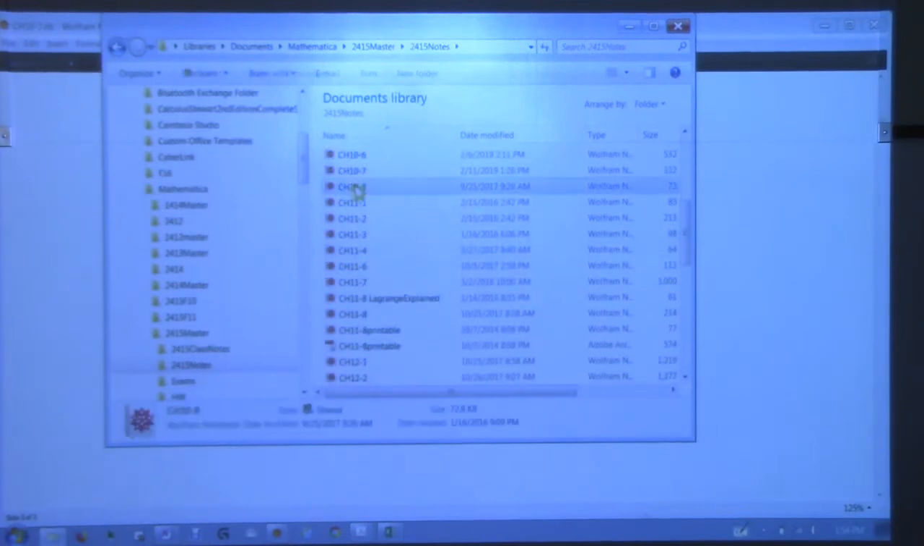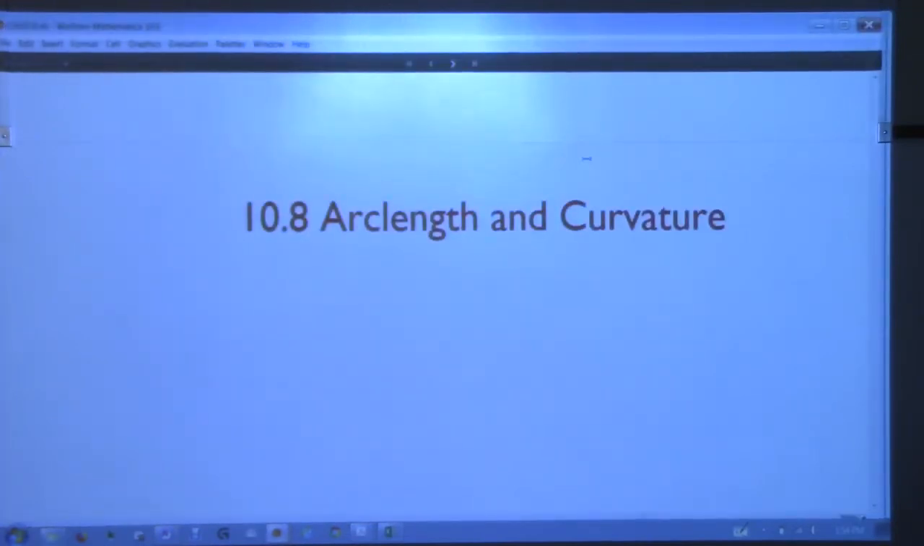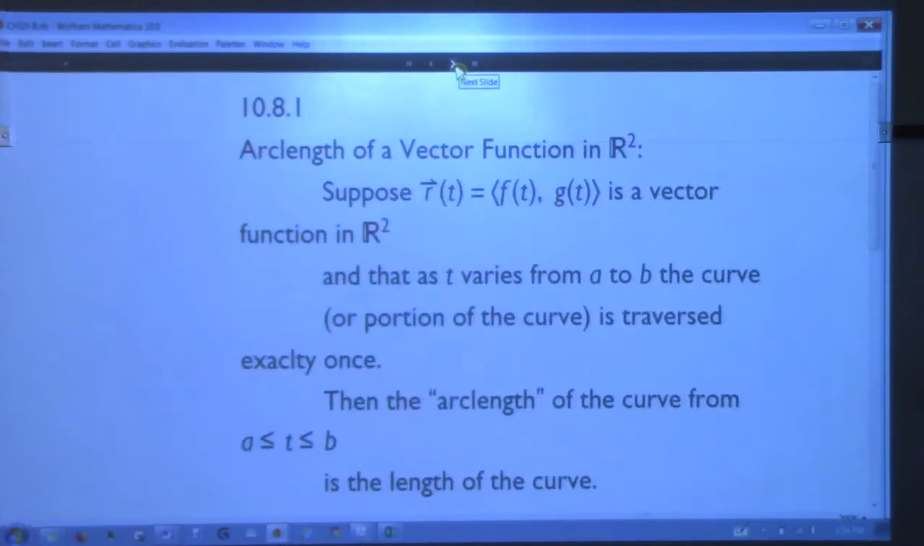10.8. Arc length and curvature. Well, if we're going to be drawing curves in 2 or 3 dimensional space, then we may as well be able to measure how long they are, right? Why not? And maybe I'll remind you, yeah, I will remind you, back in Cal 2,